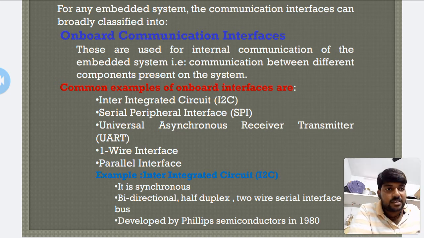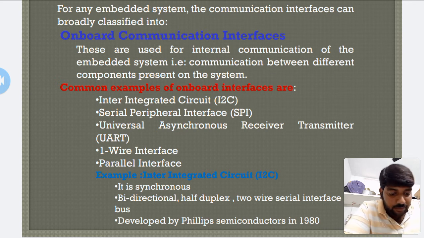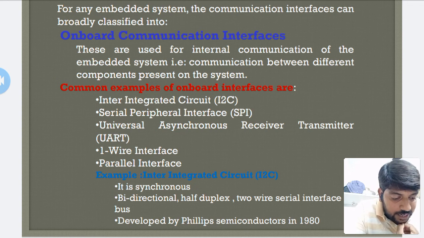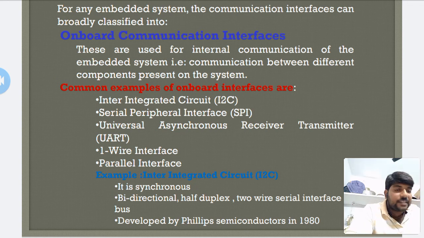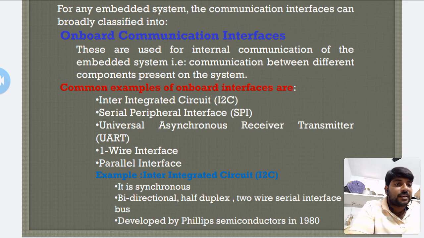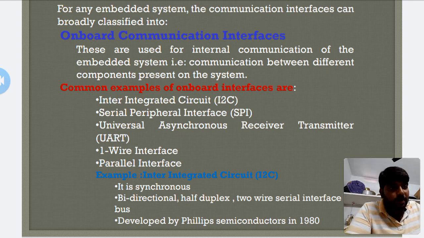So no clock pulse is required for synchronization. Instead, the serial communication settings, the baud rate (number of bits per second), the parity, and the number of start bits and stop bits, should be set identically for both the transmitting and receiving ends. How many stop bits, how many start bits, whether even parity or odd parity, are all fixed.